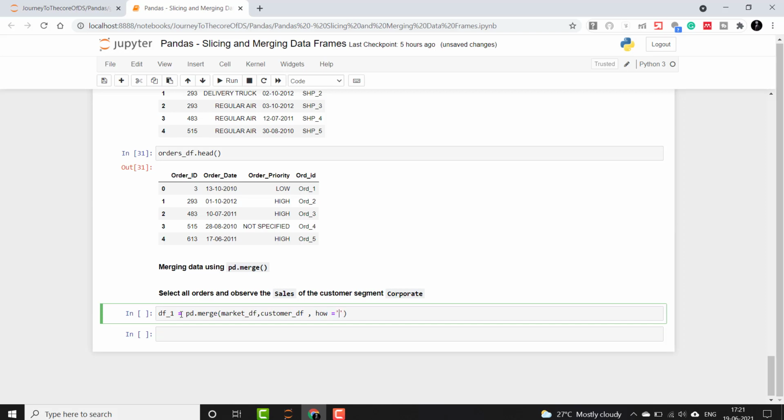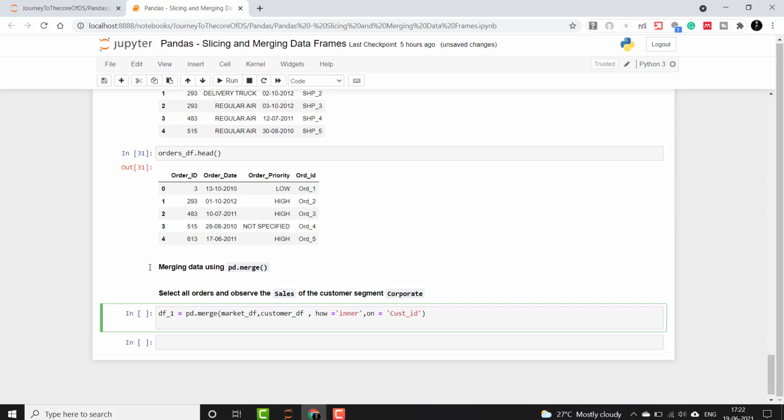This is an inner join because we want the common column between these two data frames. It is on customer ID, which is present in both of the data frames, and then I will print its head.